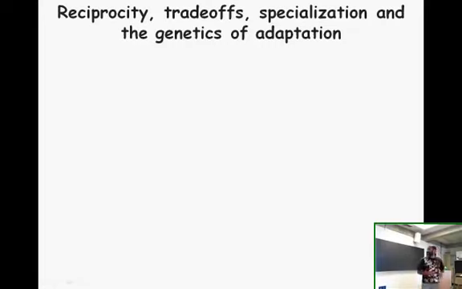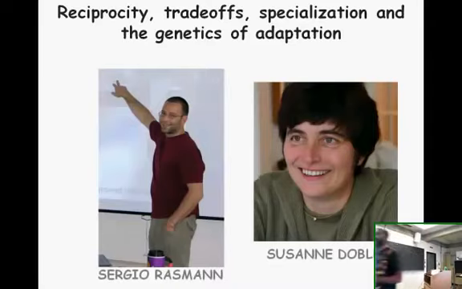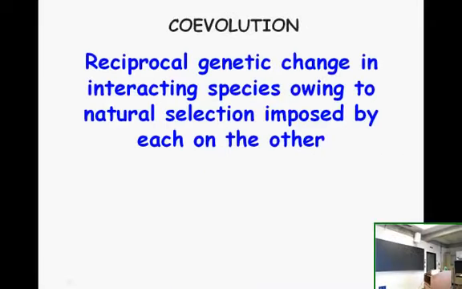And the work I'm going to tell you about is a collaborative project, set of projects. Sergio Rasman is a former postdoc from my lab who contributed to a bunch of the work. And the last bit on the genetics of adaptation is a collaboration with Susanna Dobler, who's a professor at the University of Hamburg in Germany. So coevolution, just to kind of formalize things a little bit, the reciprocal genetic change in interacting